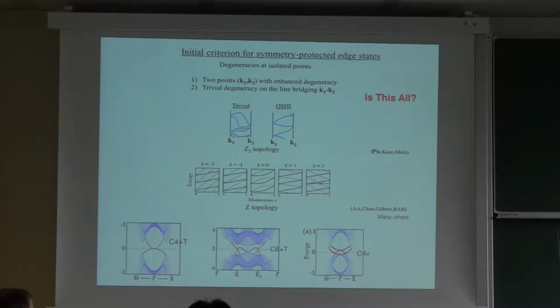And that's the only thing that you need to know to realize that there's a C4 plus time reversal invariant class of insulators, because I can connect bands, I can switch partners. They're not Kramers partners anymore, but they're partners in this new symmetry group. I can switch partners between here and here, and this is, for example, a simple insulator that realizes that.